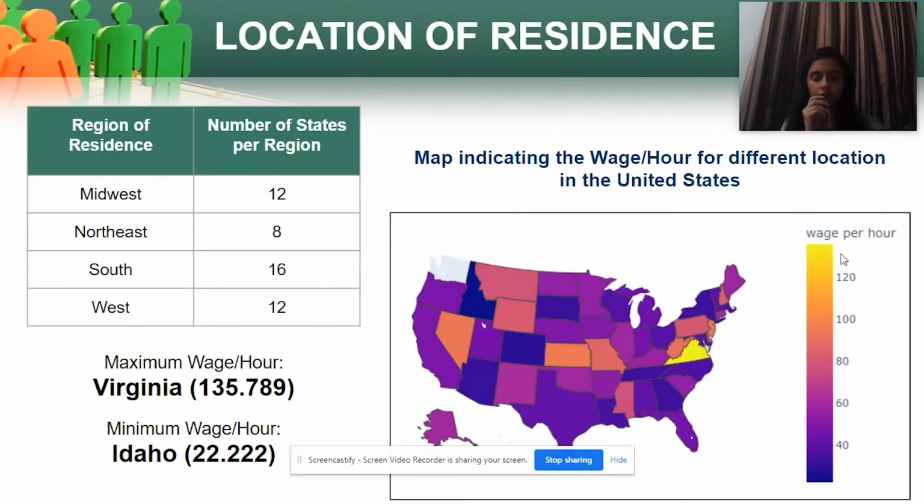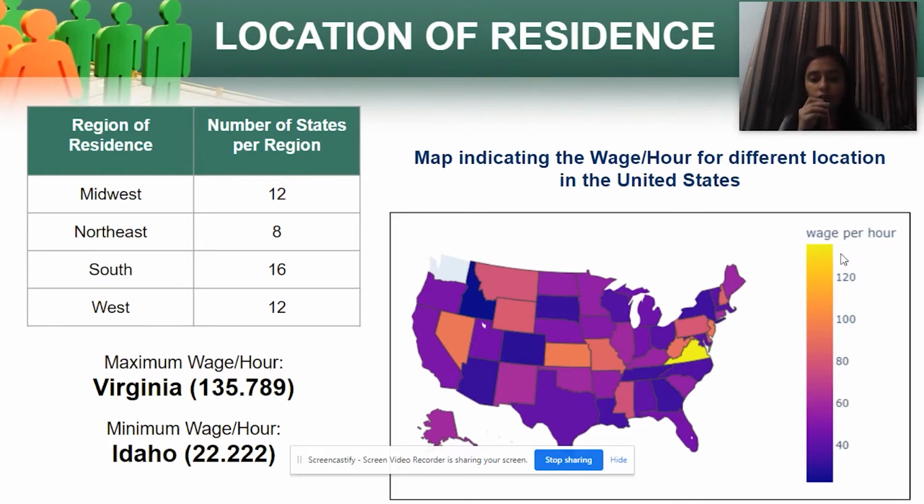Another interesting trend to notice would be how average hourly income of people varies across the country based on the location of their residence. For this, we divide the country into states to analyze further. From the map, what we get is that there are rather huge differences in income across state boundaries. We can see the yellow area that stands out alone, which is the state of Virginia, with the highest wage per hour of nearly 135, with the next highest state, Kansas, at nearly 95 wage per hour. So a difference of nearly 40, as we can see.